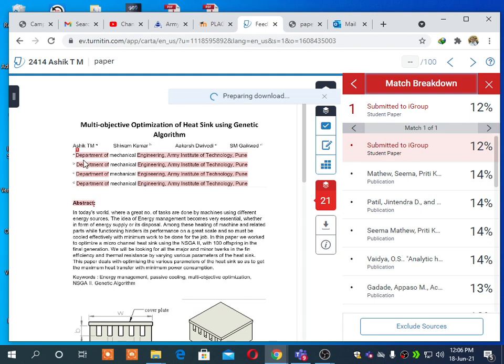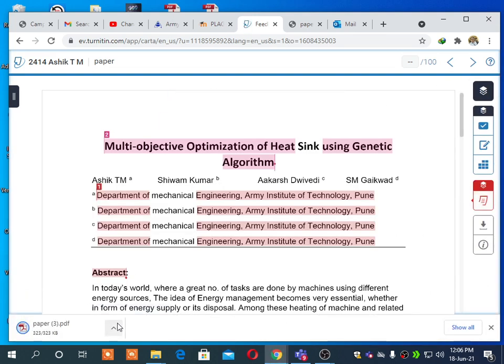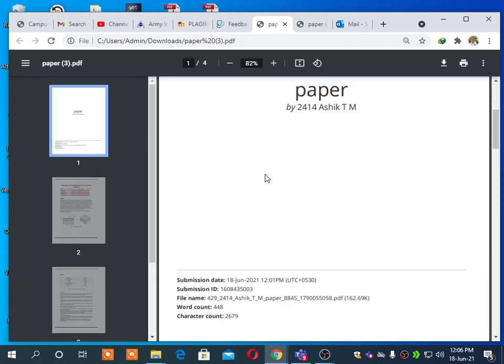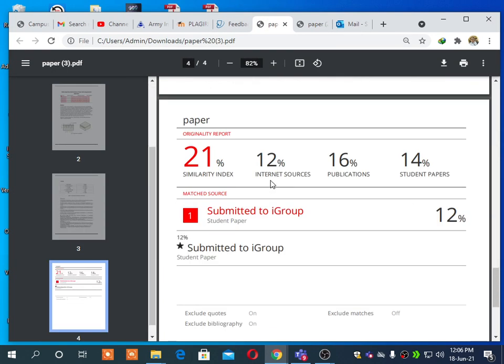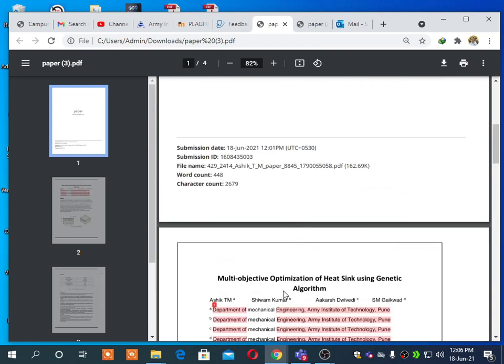But in plagiarism you can neglect this part also, so we will see how we can do it. Again you can go here, so it's the new version which is having 21%. Okay, and which is submitted to iGroup, it means here our group.